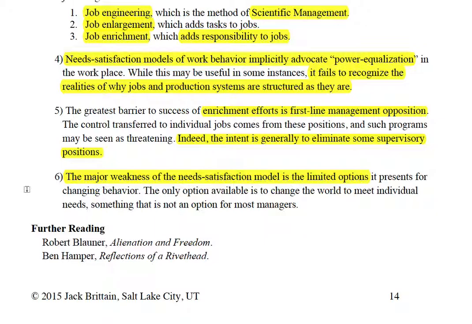In practice, a lot of what it translates into is be nice to people, right? If we're nice to them, maybe they'll be a little bit happier with their lot in life. But in fact, even the model doesn't predict being nice is going to work, right? And this issue of only having the option, basically, when it comes down to it, we have to change the world around the individual. It's not going to work. And plus, we have a lot of other individuals to consider. The whole division of labor is a factor here. It's just not going to work.